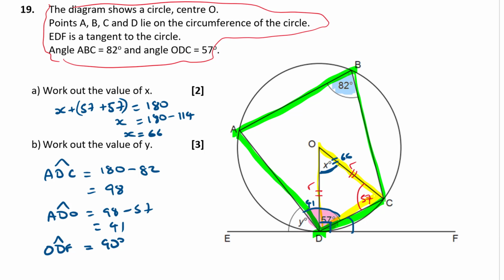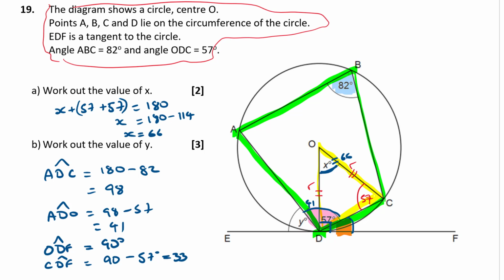Okay, and if that is the case, then you can see that part of that angle is 57, so the other part of the angle, CDF, that little smidgen down there, is going to be 90 subtract 57, isn't it? Which is going to be 33. Okay? But probably we didn't need to do that, because if I know that that's a right angle, then that's 90